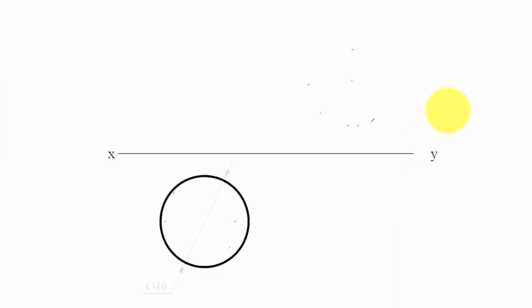So guys, initially we're gonna kick off by making an XY line. So let's just do that. And as I've already told you, the cylinder is resting with its base on HP, and hence the true shape of that base can only be seen from the top. This is why we're gonna make the top view first, which is in fact a circle of 40 millimeter dia.